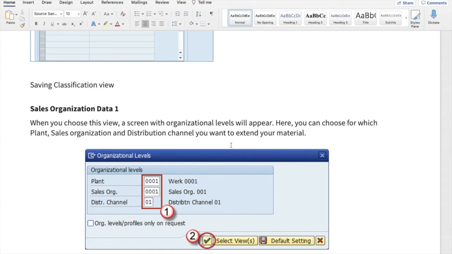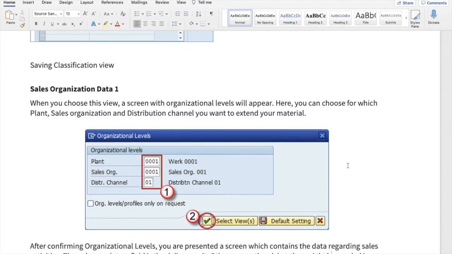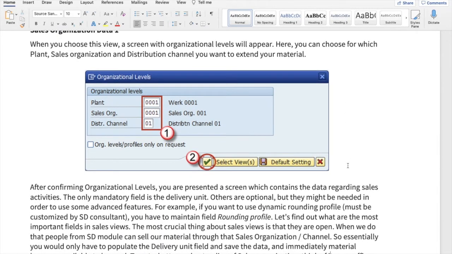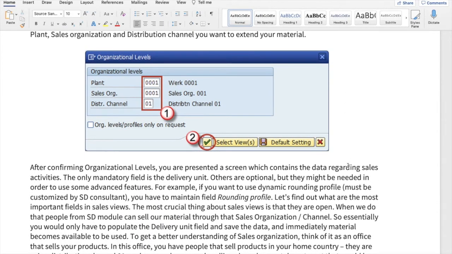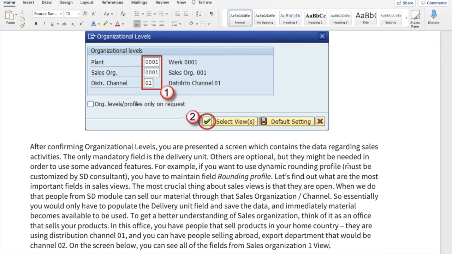So you can put the sales organization value for TV there, and then under that sales organization you can be selling using the website, using the store, or door to door. So there are different distribution channels, and that data you can put over there. Once your organization levels are cleared, then you need to create the other sales views.